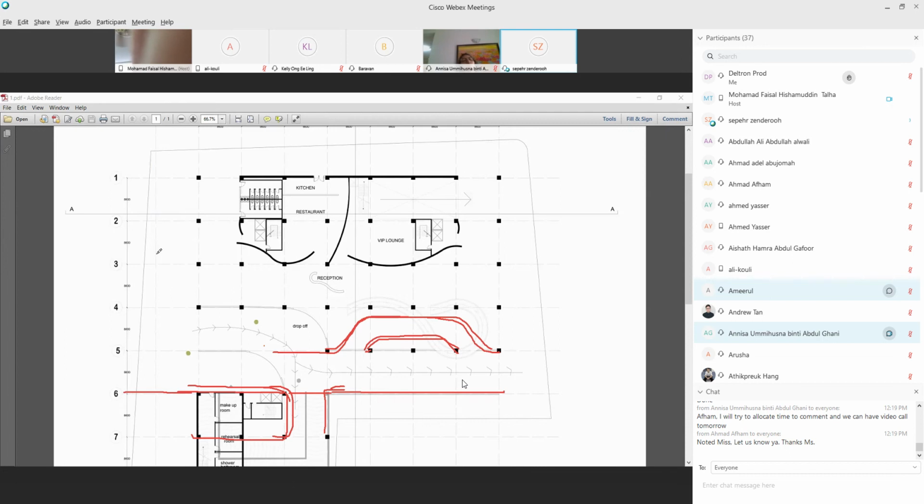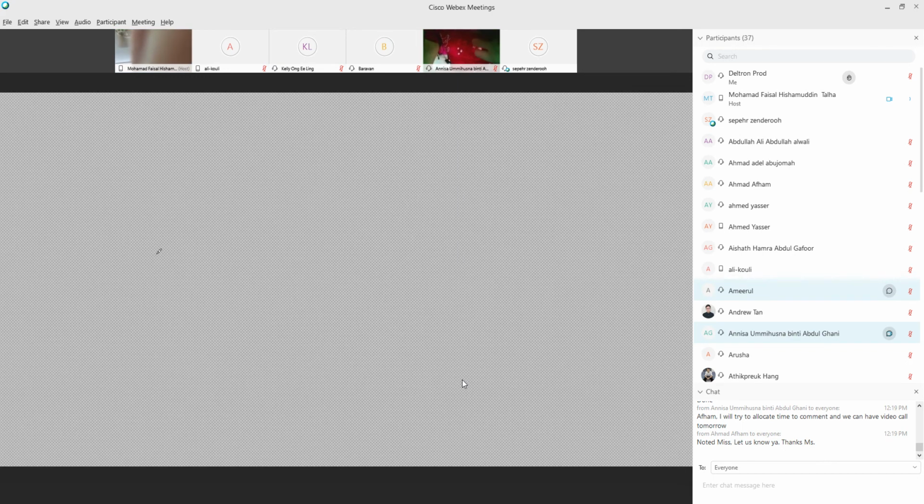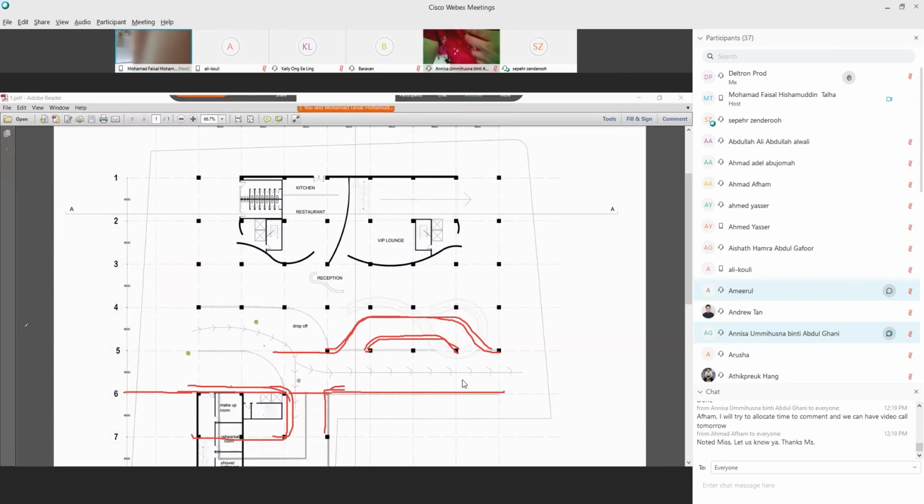That's why you have to draw your curb. I don't know where your curb is. Can be like that. Where's your curb?